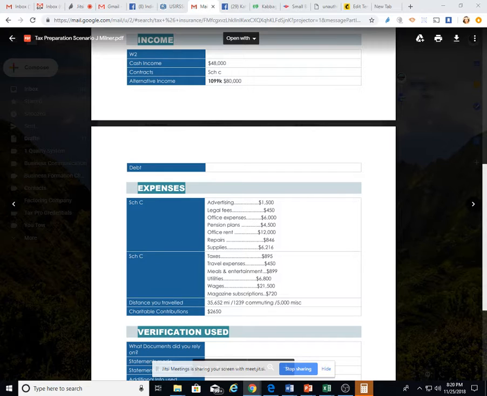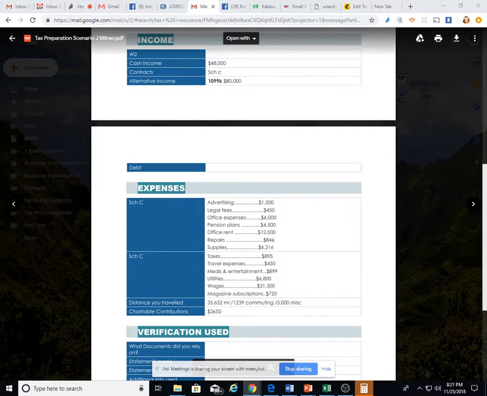Okay. Those are the expenses. And this is the taxes,